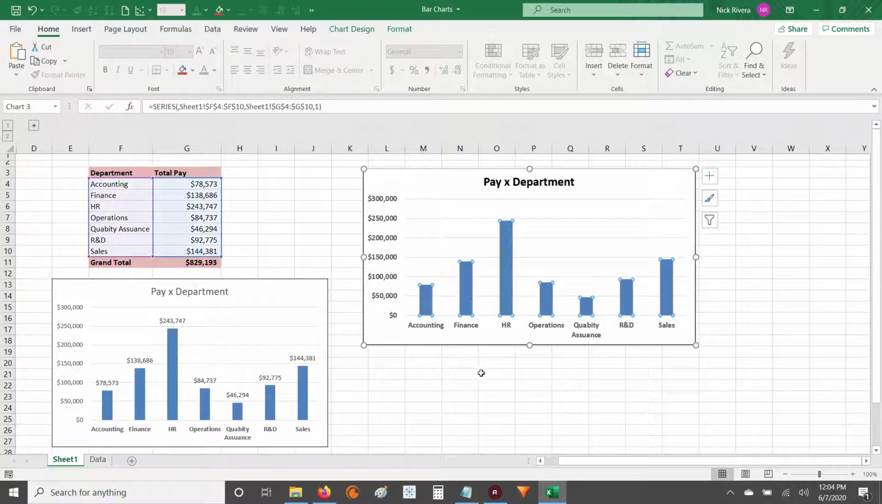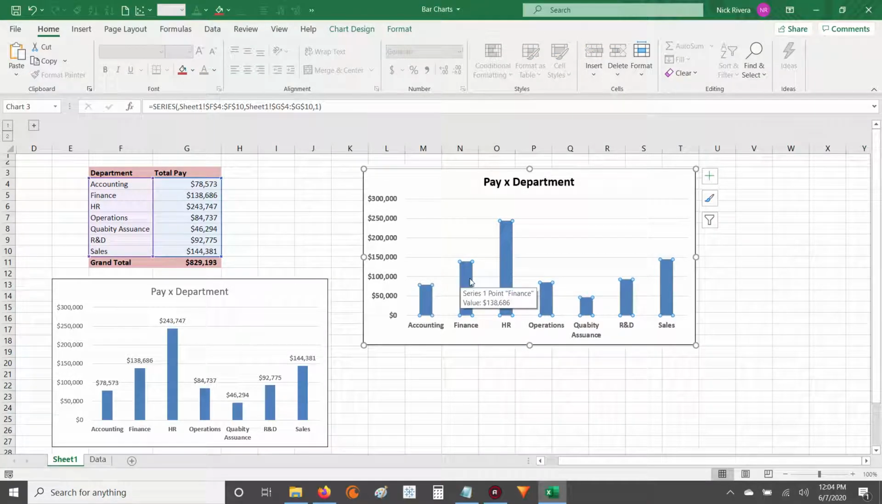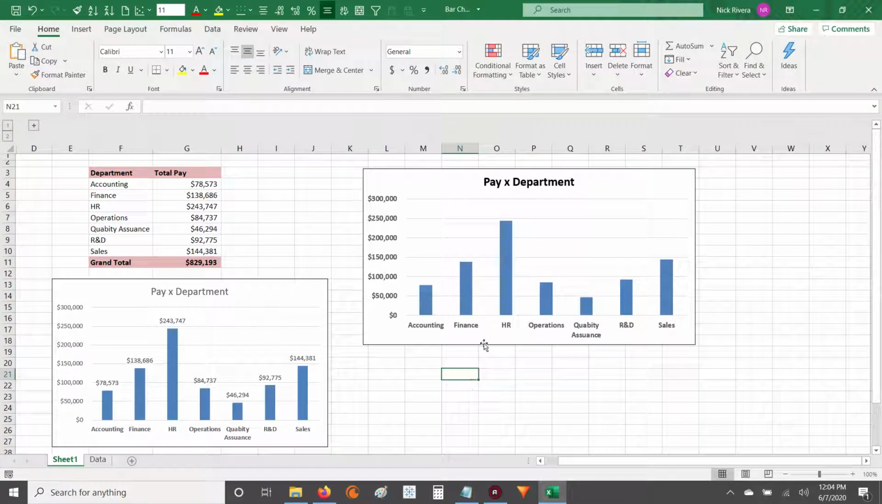Now if I want to add a label, all I've got to do is click on one of the bars. I have to make sure when I click on the bar that all the other bars are highlighted as well, right? If I click one too many times, then only one bar is going to be highlighted, so only one label will be added in. So what you have to do in this case is click off of the chart and then click